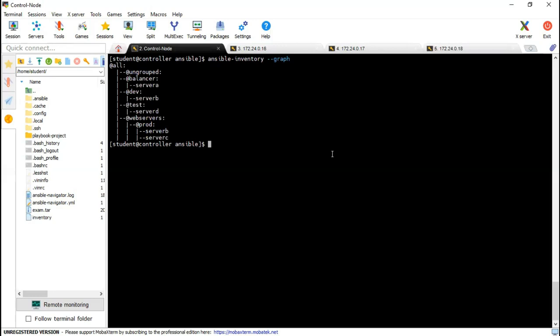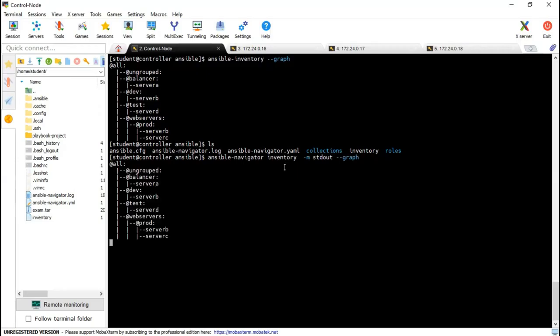So you already know for Ansible Navigator we need this file. If you are going with the Ansible command only, we do not need the Ansible Navigator config file. So you can check with either way, Ansible Navigator or the ansible-inventory command. Both outputs will be the same.